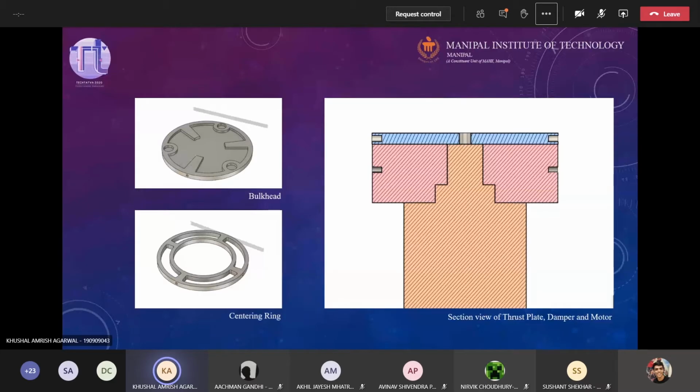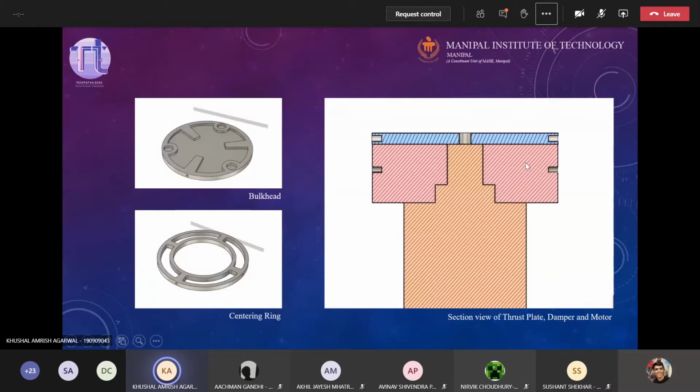And since these are gases, there will be a lot of vibrations produced by the gases, right? So we can't let this whole vibration pass to the upper portions of the rocket, where the sensitive components in the avionics section and the payload sections are, right? So we need to dampen all these vibrations, and hence we use a damper just above the motor, so that we can dampen as many vibrations as we can before passing it on to the upper components of the rocket.